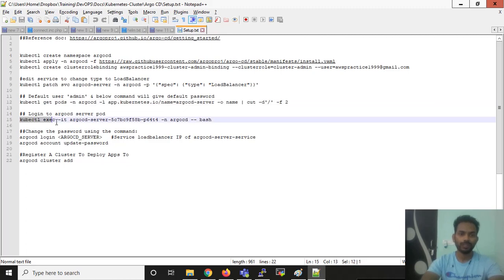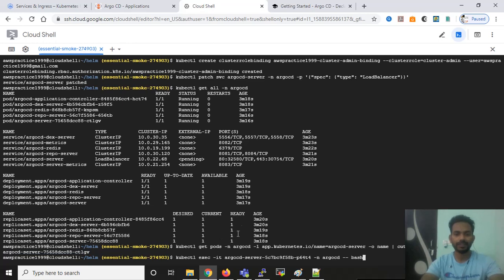So I'm going to use this command and paste it here. I need to replace the pod name with the actual pod name. I need to copy from here. So this is my actual pod. Copy it and paste it.